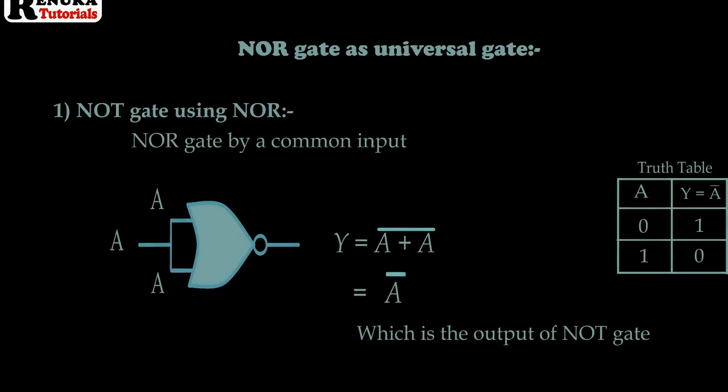We will construct a NOT gate using a NOR gate. The NOR gate has the Boolean equation y equal to (a plus b) whole complement. For a NOT gate, there should be only one input and only one output. So for this, we will connect both inputs to the same variable, so that at the output we get y equal to (a plus a) whole complement. From Boolean algebra, we can use the rule that a plus a is a. So here y equal to a complement. So this gate will behave like a NOT gate.